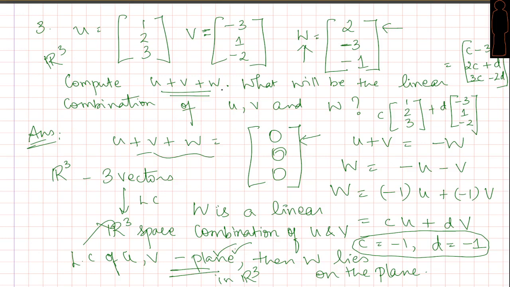So what it indicates is, given a hint saying that u plus v plus w goes to 0, it helps us understand that one of them probably is a linear combination of the other two. And using that fact, we discovered that U, V and W only describe a plane and not the R3 space.